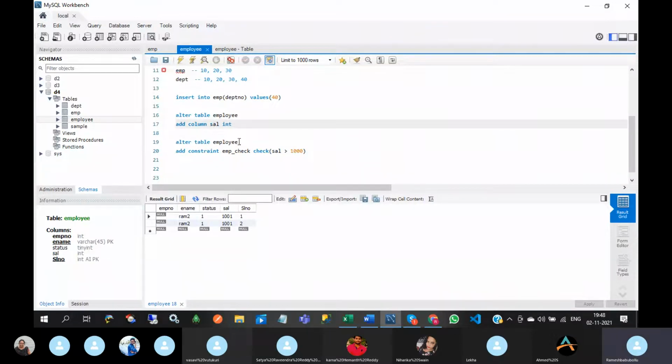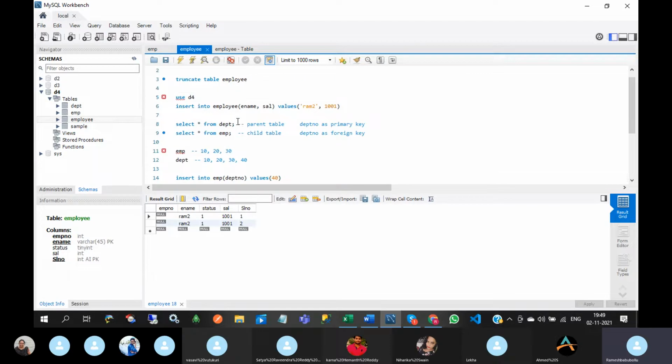here I am going to add annual salary generated always as salary of, that means whenever I am going to insert one record into employee table, so anyway I am going to insert salary value also.